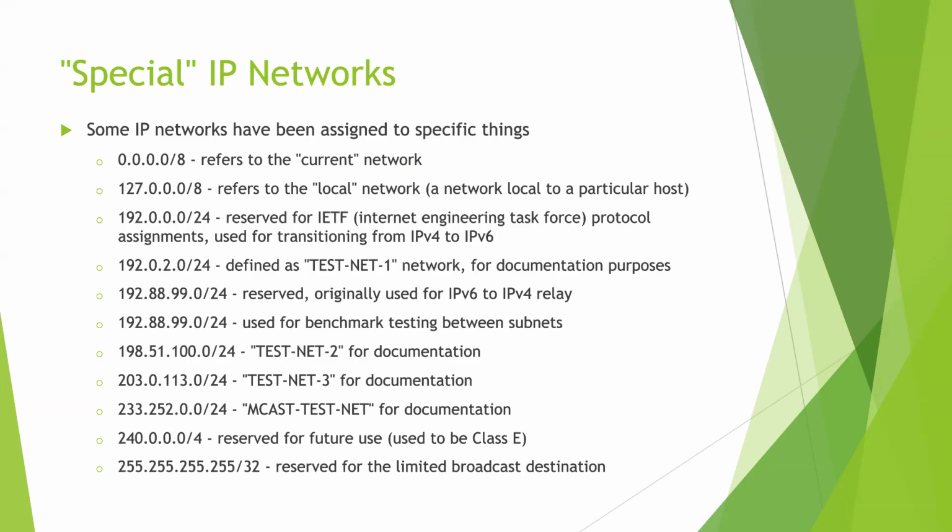127.0.0.0/8 refers to the local network within a given node or a given host, okay? So you can use the full network stack and all the network protocols and everything, even if your client and server are both running on the same machine. And if you do it on this local network, this 127.0.0.0, typically your machine will be 127.0.0.1 on that network, but it doesn't matter what IP you use because it's local to your machine. So that whole entire Class A network was reserved for use on everybody's individual machine, not to ever talk to anybody outside of the machine.